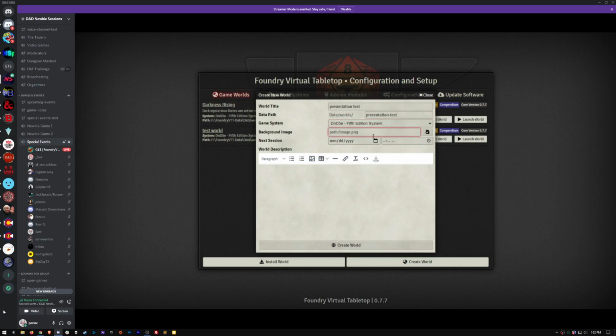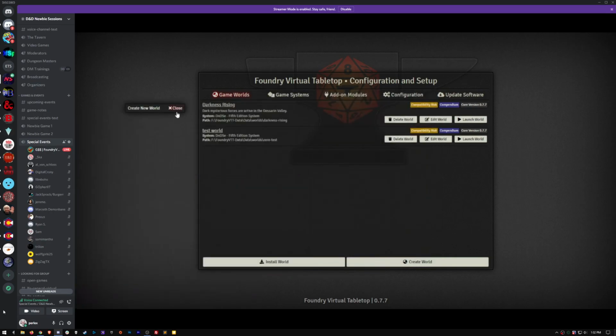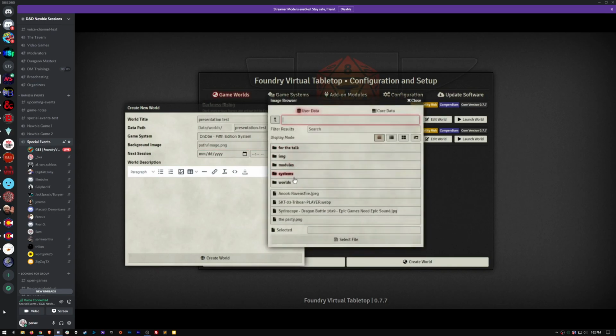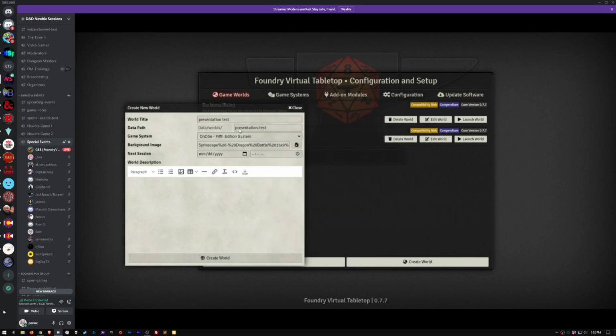You can put in a background image, which is basically what this background image behind this Foundry Virtual Tabletop stuff. You can see behind we've got the anvil with the D20 on it. That's the background image. This is the default background image. If you choose to put something else linked here, which we could, let's say worlds, I want to do Sirenscape, Dragon Battle as my background,